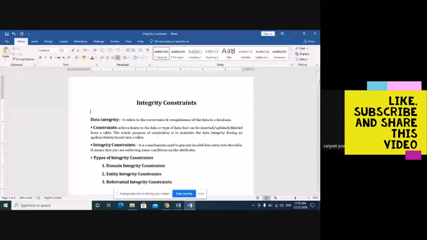So what is an integrity constraint? When we consider a database, the user can store data into the database by using some applications or some DML queries.